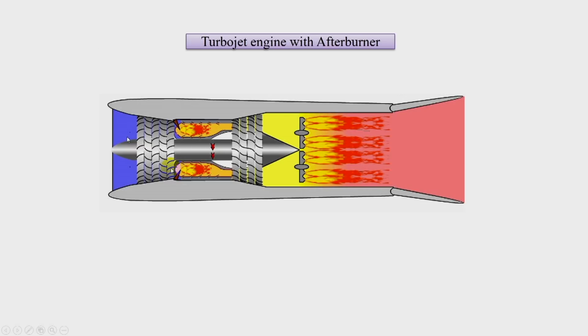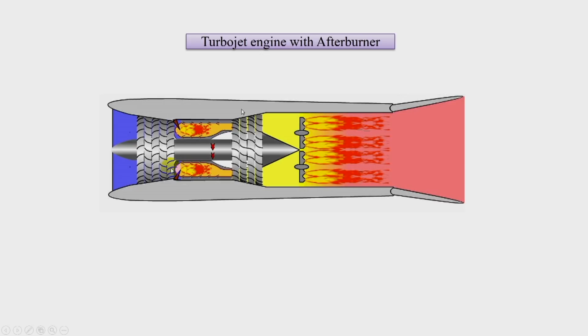Once the flow passes through the compressor, combustion chamber and turbine, it is expected to expand, but there is some amount of oxygen which is unburnt here, since most of the time the combustion takes place in the lean range. So the fuel is lean, less, and the oxidizer is more, so we have more oxygen present in the air. In order to burn that oxygen and also to get extra thrust, some amount of fuel will be burned in the nozzle, and that would be used to get extra thrust